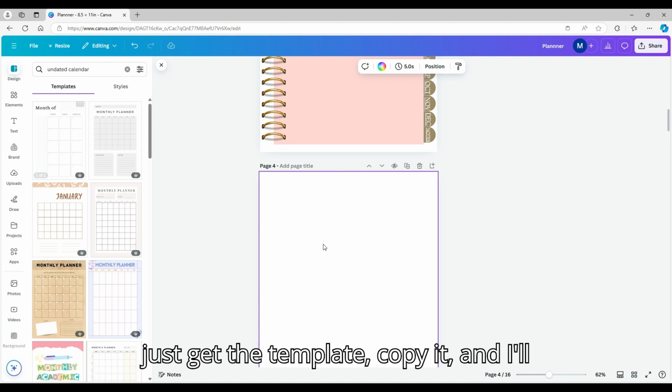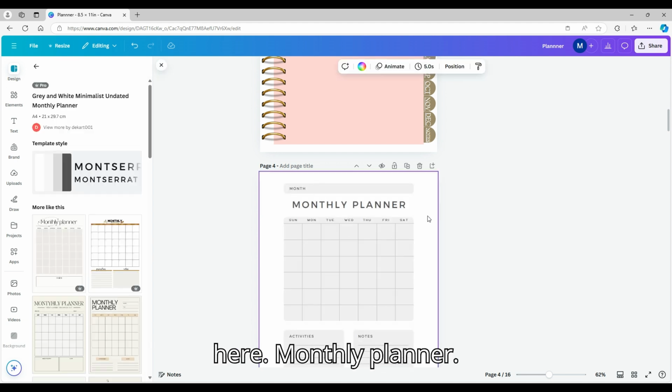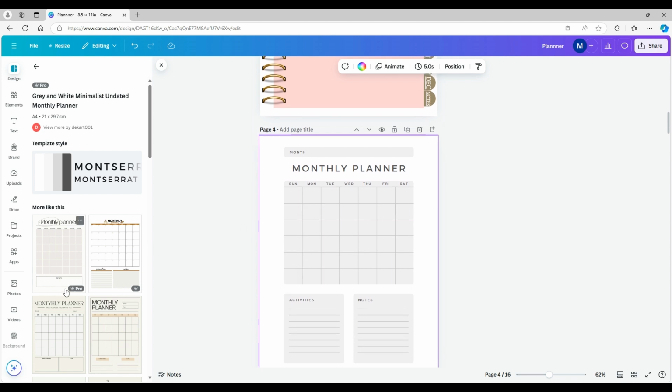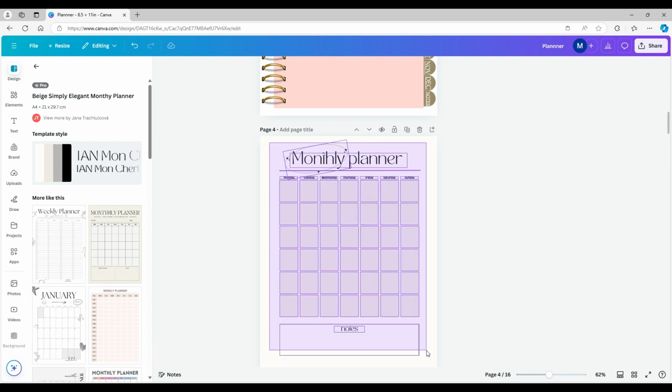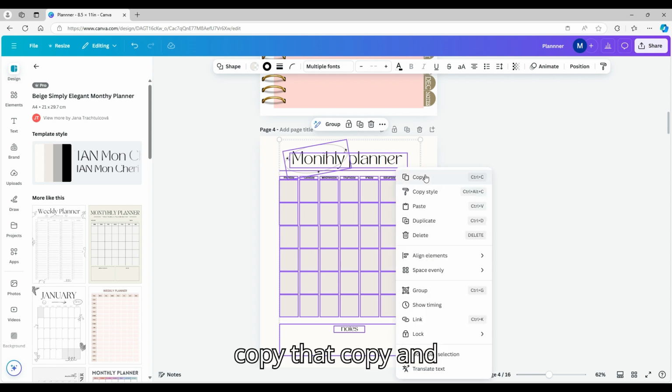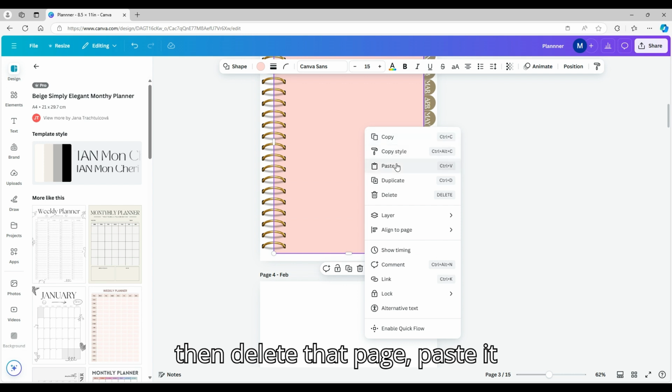So I can just get the template, copy it, and I'll simply erase it. So I'm going to go right here, monthly planner. I could get this one. I like this one. So what I'm going to do is copy that, and then delete that page, paste it here,